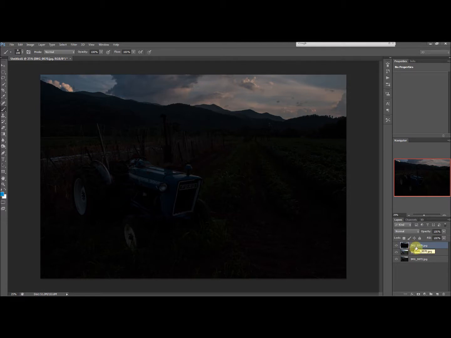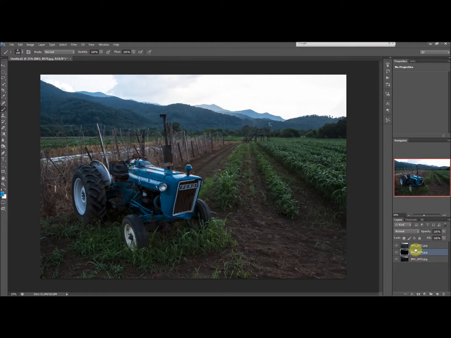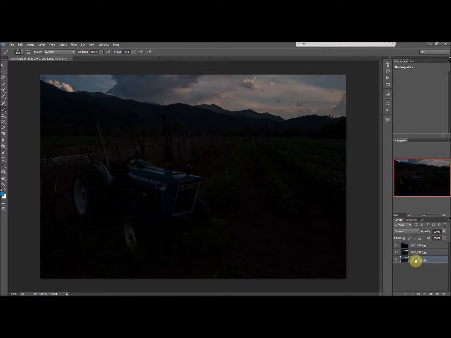So this loaded our top layer in as the -2 exposure. I'm going to move it down. The way you move it down, you just click on a layer, left click on it, and then you hold it down, and you just grab it and move it. So I'm going to put the